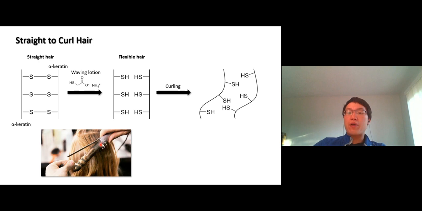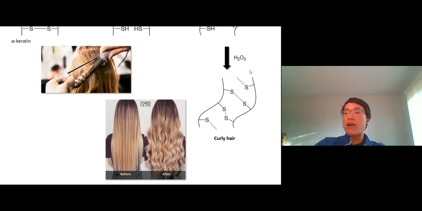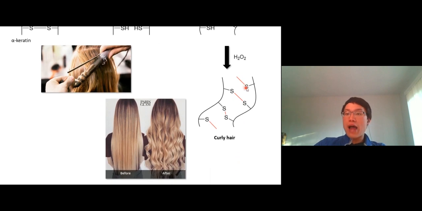The whole purpose of the curling iron is that we change the position of the disulfide bonds. This one is supposed to form a bond, this one is supposed to form a bond, this one is supposed to form a bond. But no, we change the position, so they will meet some other sulfide, and we add some lotion into it to keep it safe. It's actually an oxidizing agent. So the sulfides that already have the mixed positions form a disulfide bond with some other sulfide, not the one that they're supposed to form. That's when your hair gets curly.